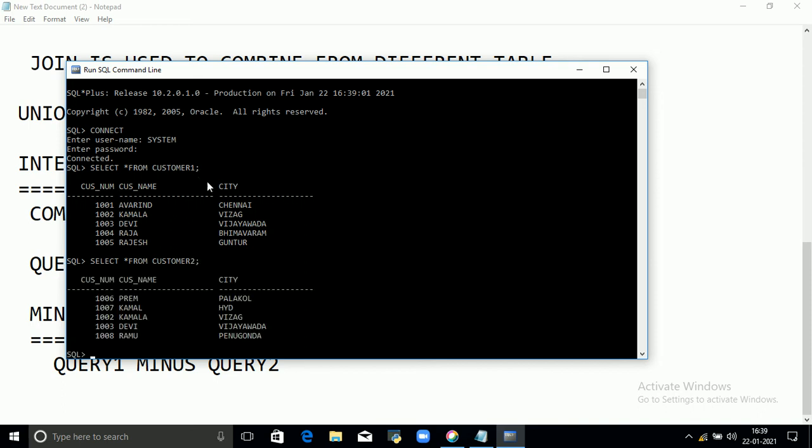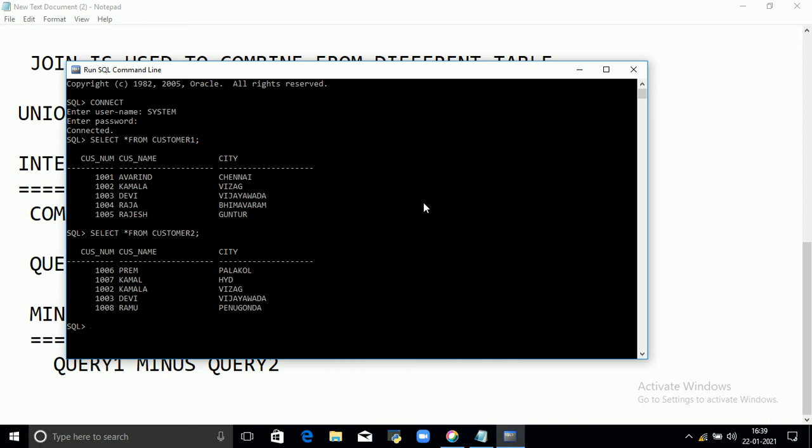So now I want to combine these two tables. First apply the union. The query is: select star from customer 1 union select star from customer 2.